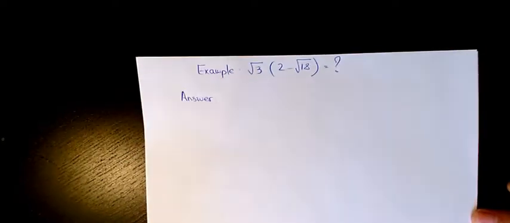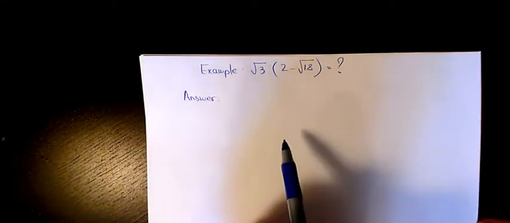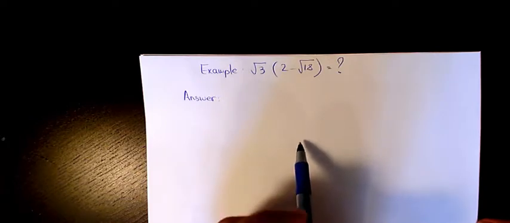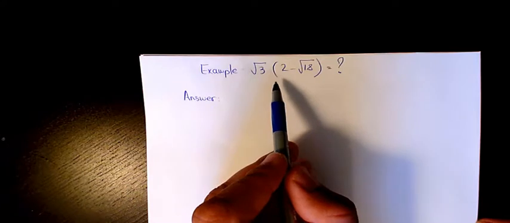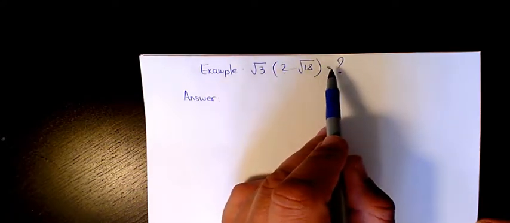In this video I want to continue talking about using polynomial multiplication to multiply square roots. As I explained in the previous video, we use the distributive property to multiply expressions with square roots, and then we simplify if it's possible. So the first example today is root 3 times 2 minus root 18,